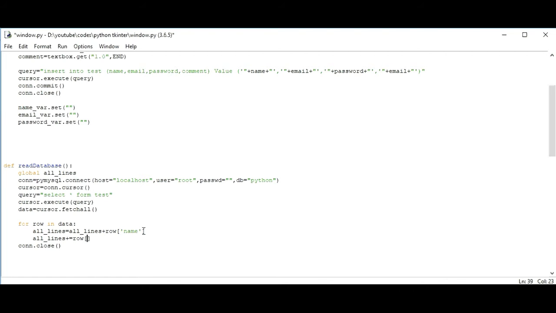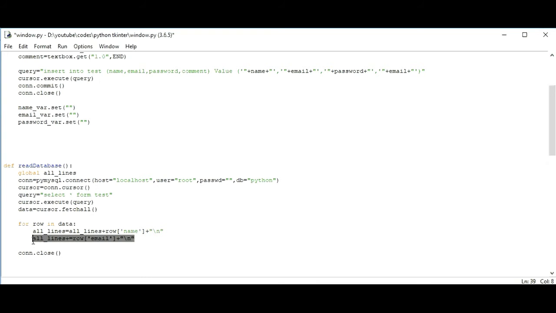and plus, we have to concatenate here. If it concatenates this, we have to pass slash n, and the same we have to do here. And this is, I think, email, plus we have to pass slash n, and all lines. Let's copy it for all,